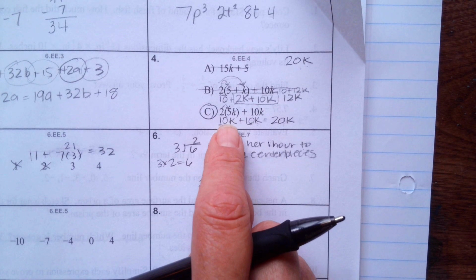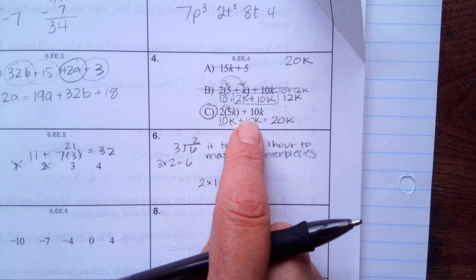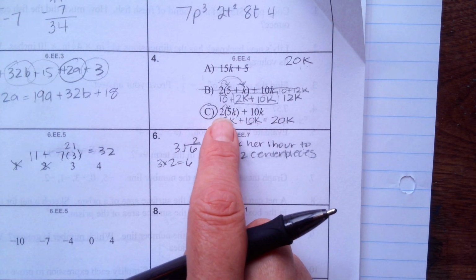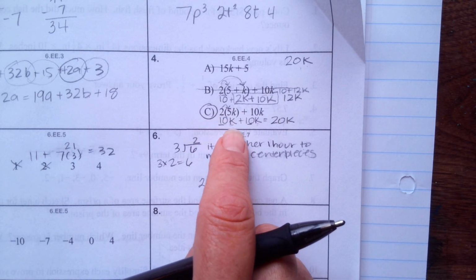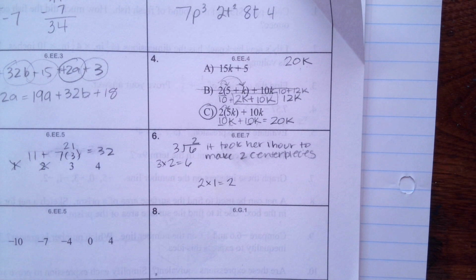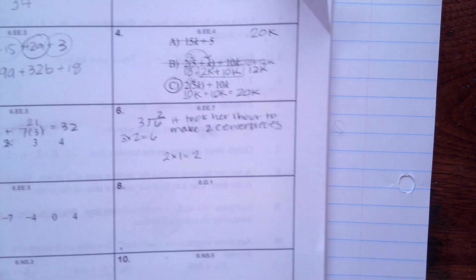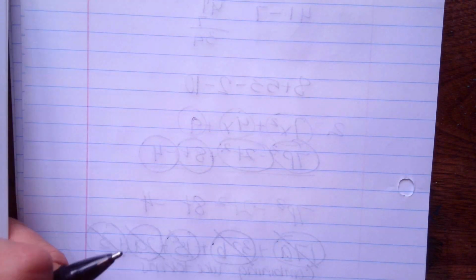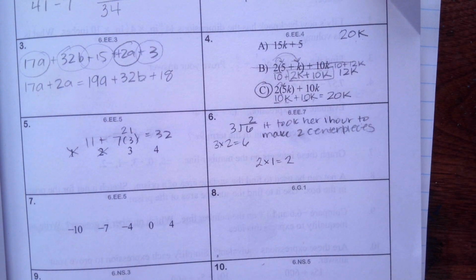And then this one, 2 times 5k plus 10k. So you do 2 times 5 is 10k, plus 10k equals 20k. So the only one that equals 20k is C. Does that make sense to you? Yeah. Okay. Number 5. Which value makes T